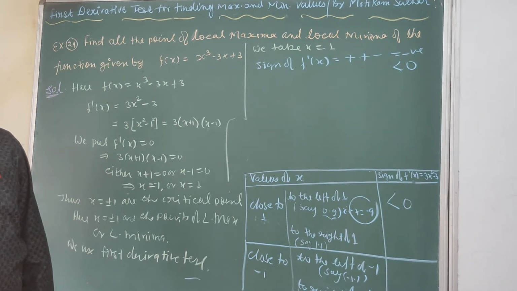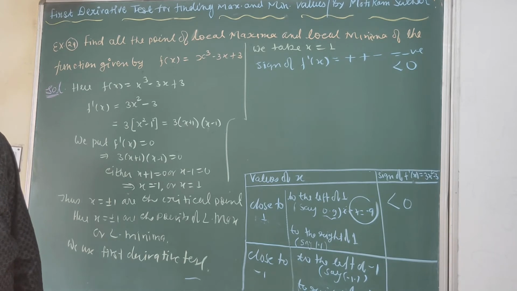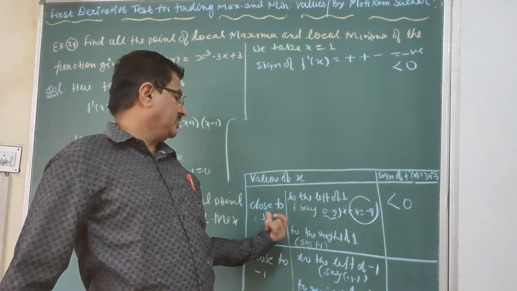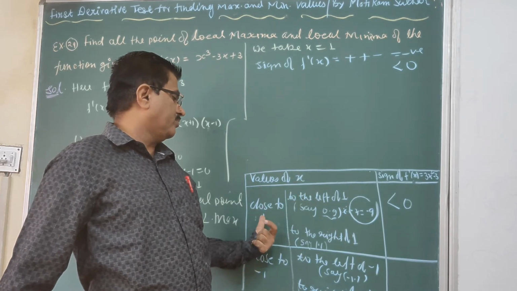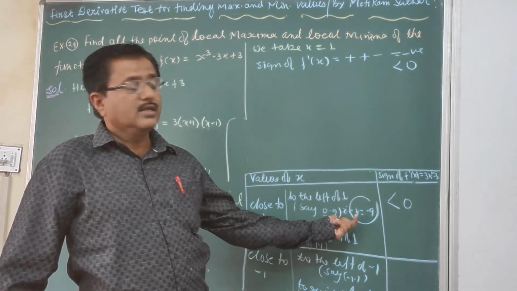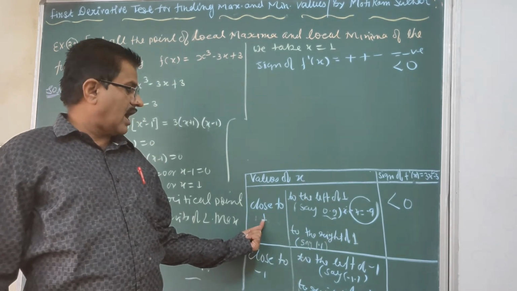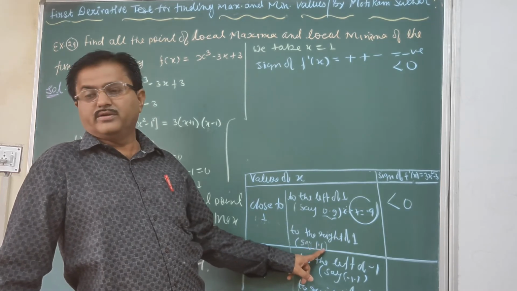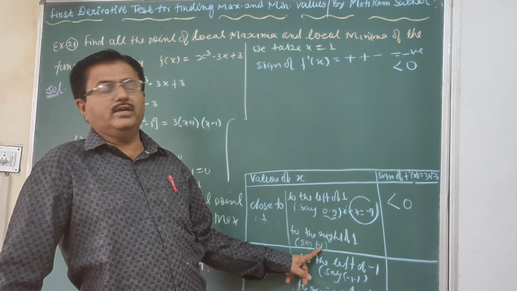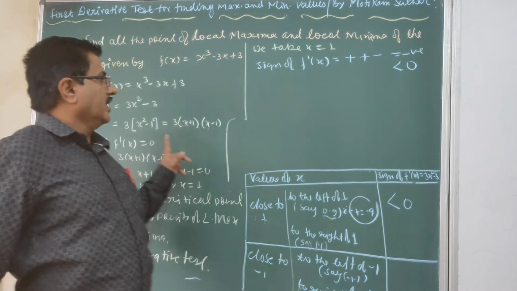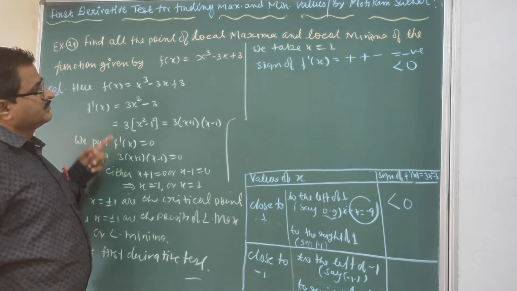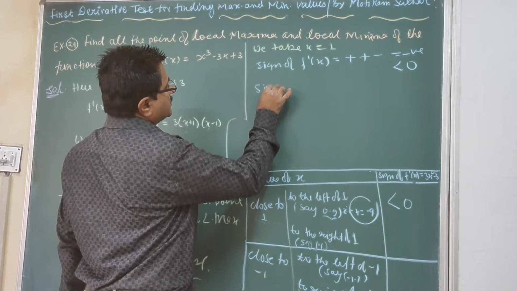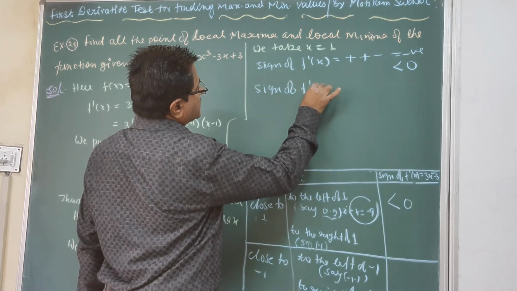This is the derivative test. The value of f dash x is less than 0 for the case when we take x near 1 and a point left of it. Clear? Now we take the right of this. After 1, a greater number you can take just after this, just like 1.1. So again, sign of f dash x.